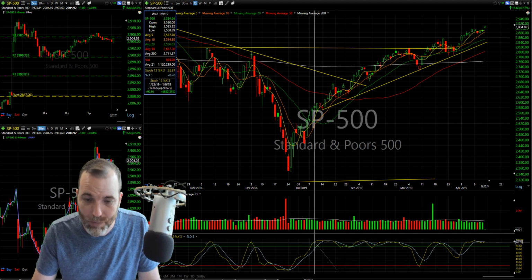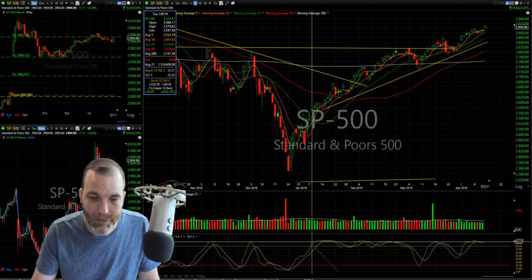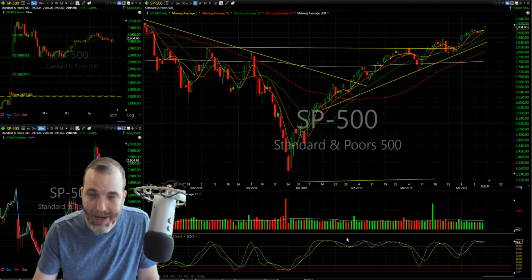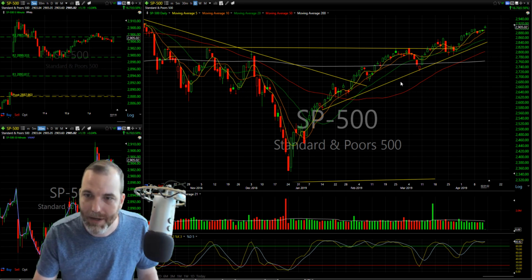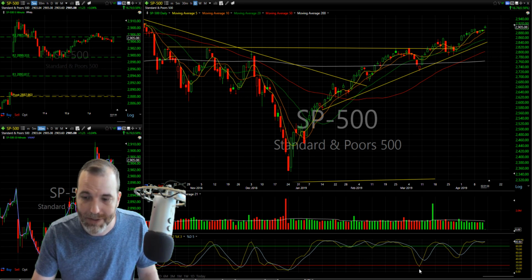And then look at how long it can stay overbought. Essentially, except for a few brief moments, going from early January all the way through late February, the stock market was completely overbought and never pulled back. I mean, look at this. It was a straight up trajectory. And then you had a little bit of a pullback here of about 5 days that created a little bit of oversold condition. But look, again,